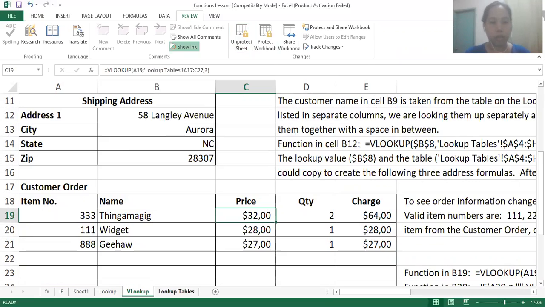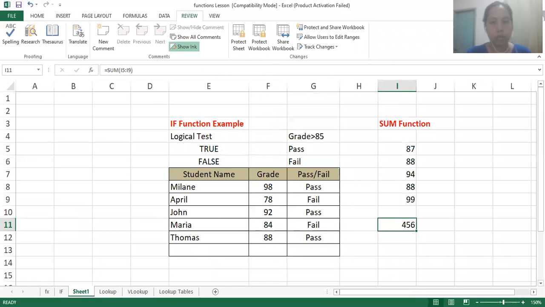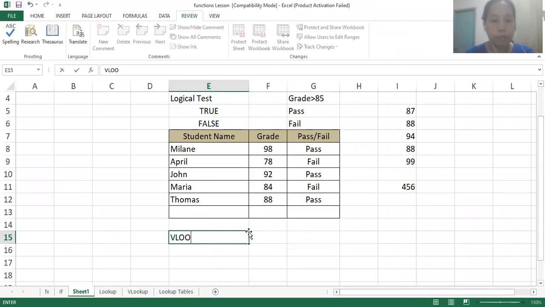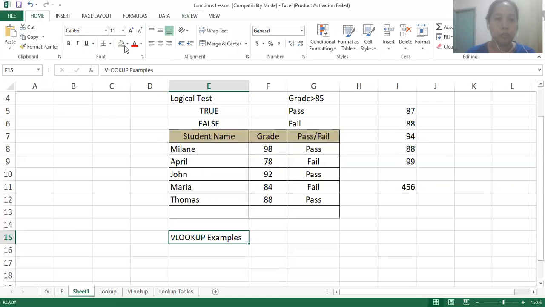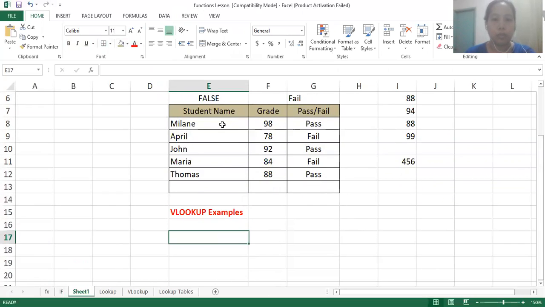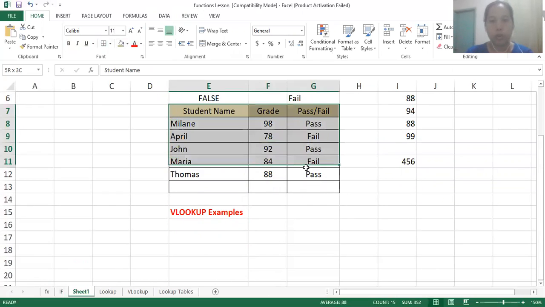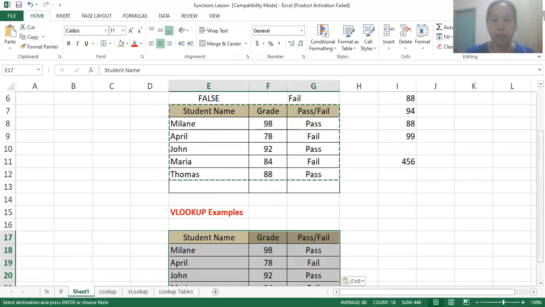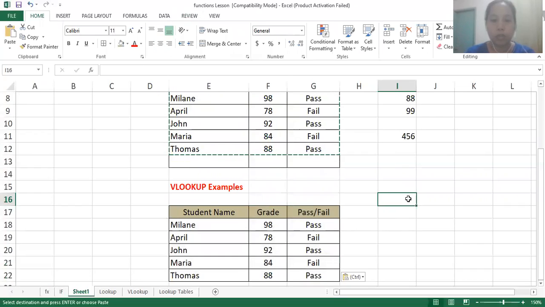Okay, we'll just have another example. So we have VLOOKUP. We're going to have the same example, but instead of pass or fail, we have here a grade table.